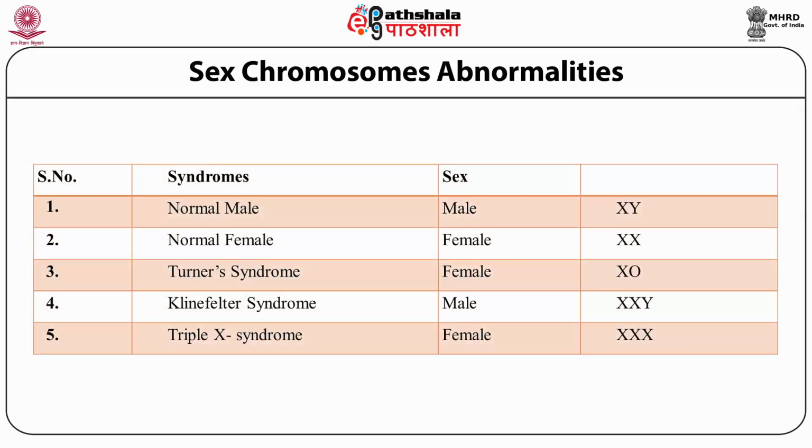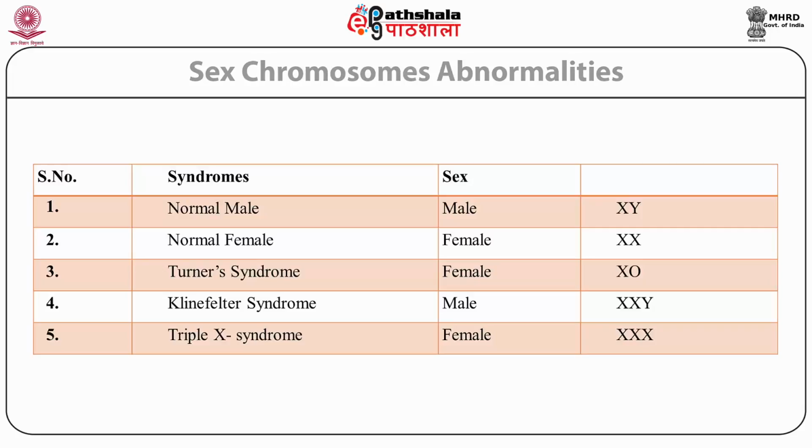The table is depicting various kinds of chromosomal abnormalities. Normally, the male's chromosomal composition is XY and the female's chromosomal composition is XX. In case of Turner syndrome, the chromosomal composition is XO. In the case of Klinefelter syndrome, the chromosomal composition is XXY. In the triple X syndrome, the female is having